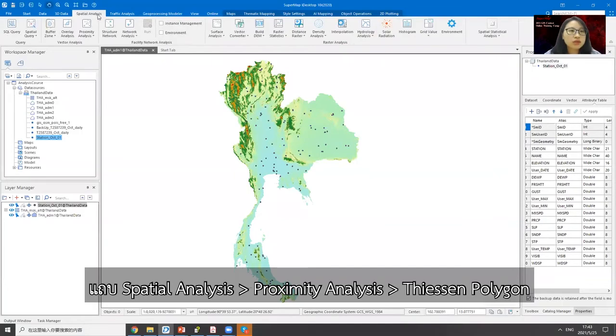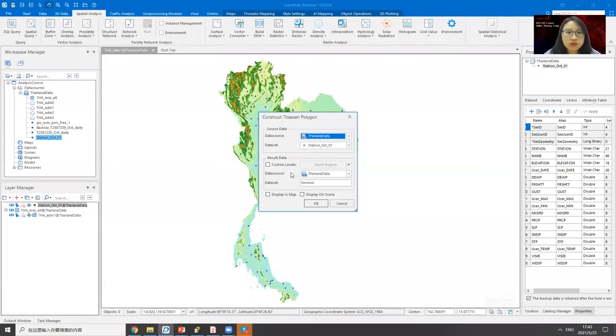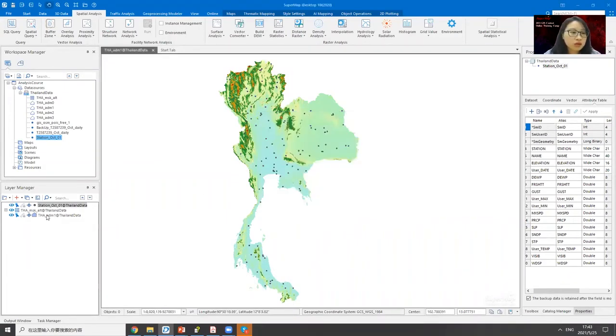Here, spatial analysis, proximity analysis, Thiessen polygon, and here the data set is the station October 1st, and here maybe